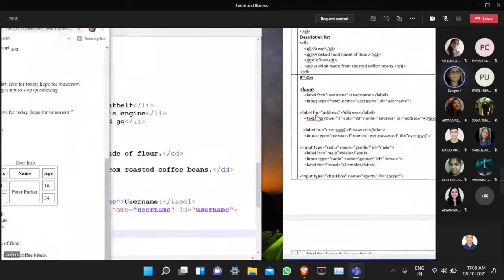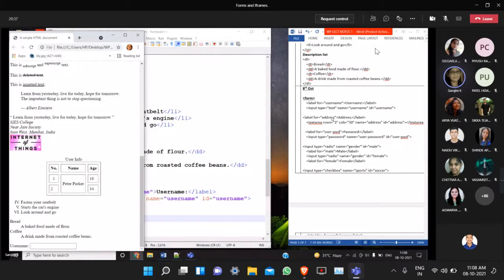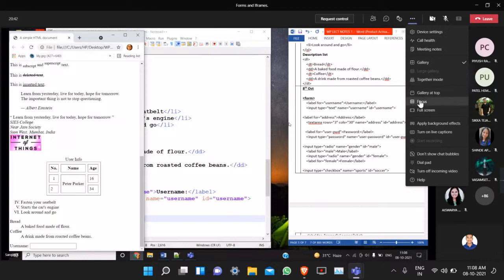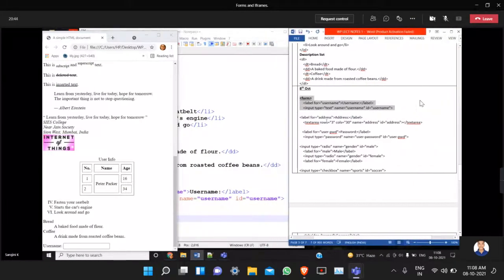Label for, there is an ID here. Why? Because in the text area tag, I used id equal to address. So the same address value I have given here for the for attribute. And here I write what I want to display as the label, and then I close the label tag. That's it.